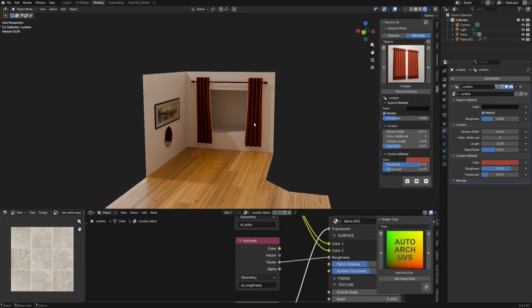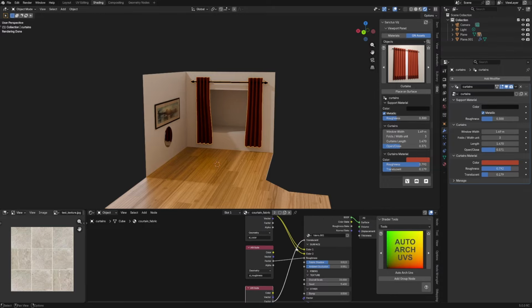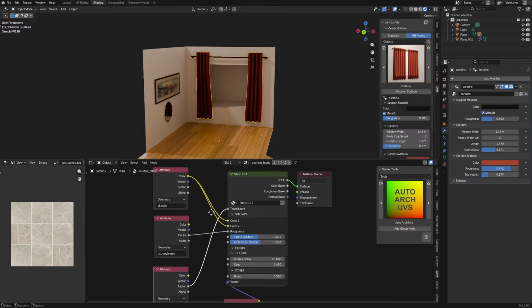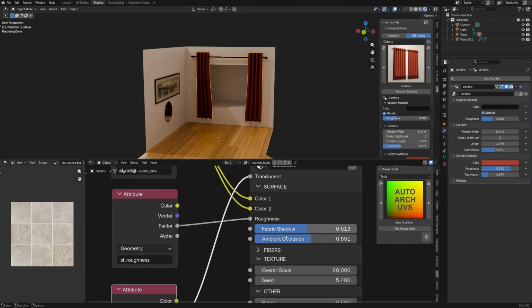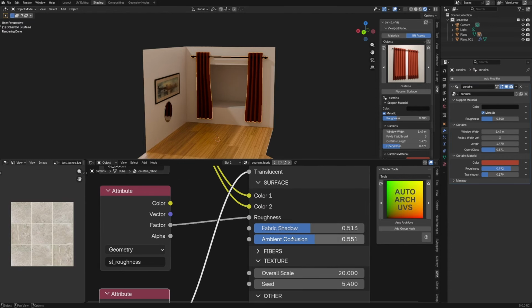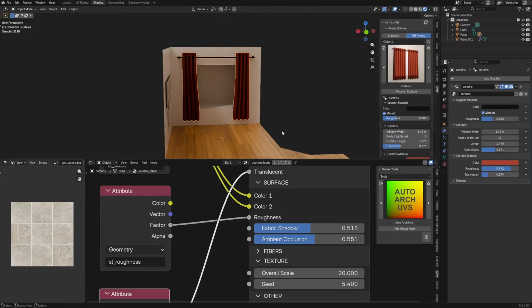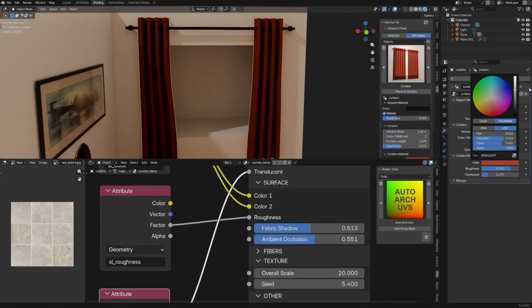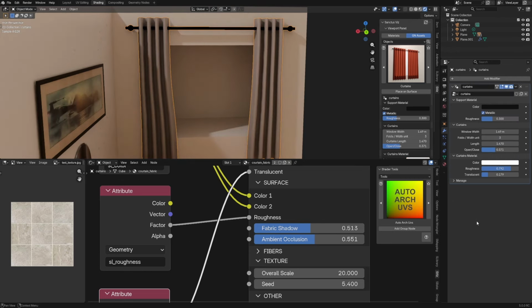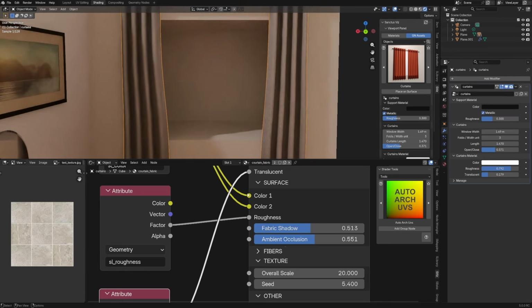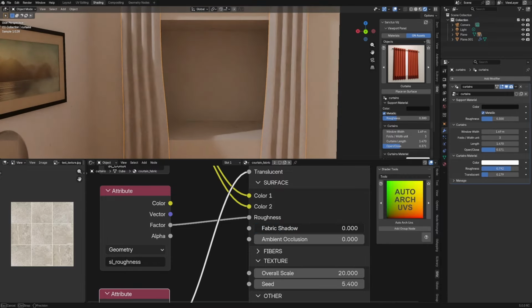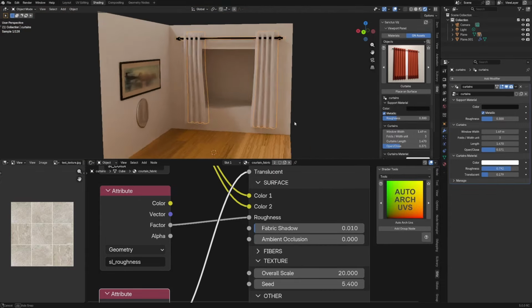There's also something I have to adapt, but this is using curtain fabric. And I noticed that I left those without control and a bit too high. Because, for example, if you want to use a white curtain, as you can see, it's a bit grayish. So the ambient occlusion is too strong, and also the fabric shadow. So depending on what you're doing, you can manually change those. I will probably adapt that